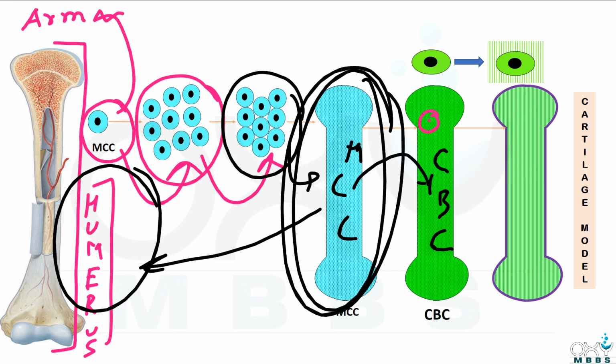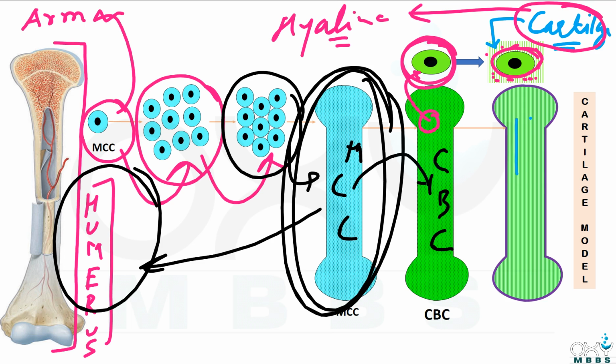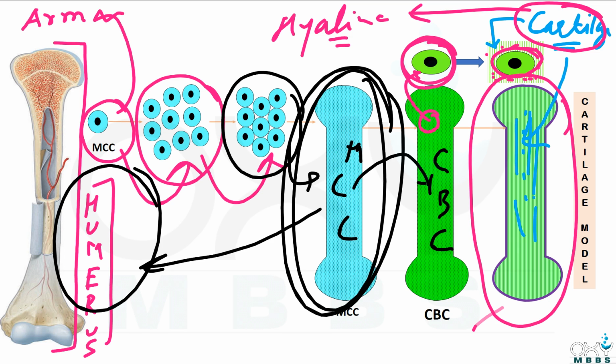So here are these chondroblast cells, and these chondroblast cells start to secrete extracellular matrix all around itself, and this matrix is called cartilage. And this cartilage is which cartilage? It is hyaline cartilage. Remember it friends, okay? So these green lines are extracellular matrix, that is called cartilage, and this whole structure is covered by this layer called